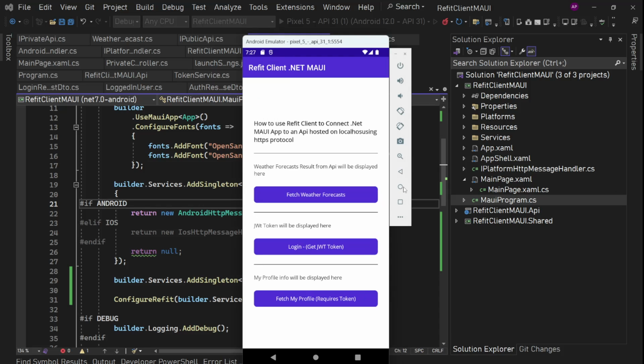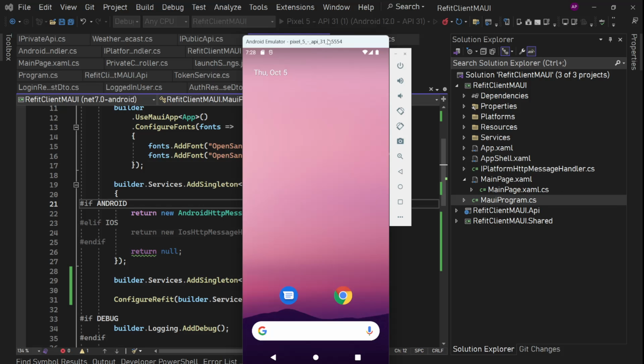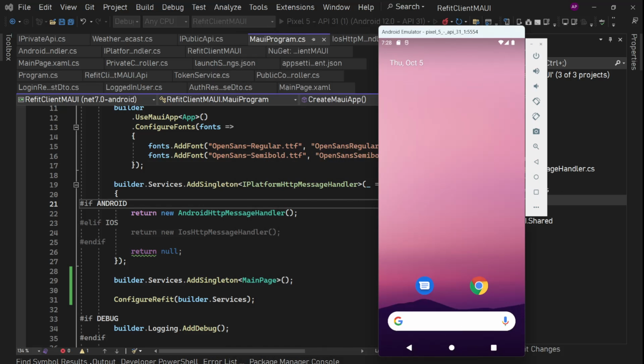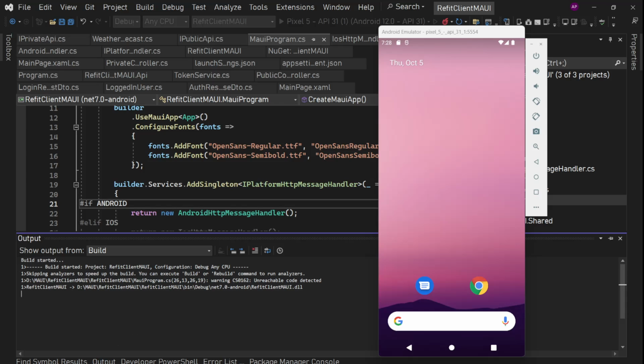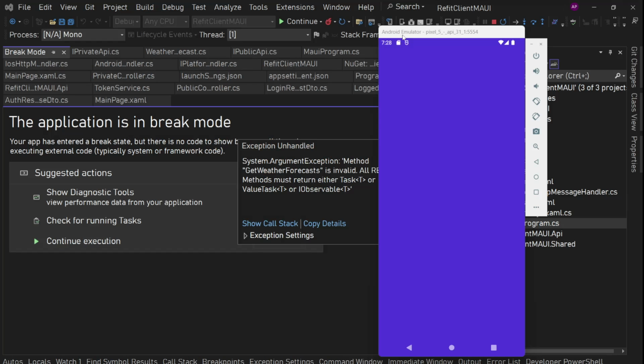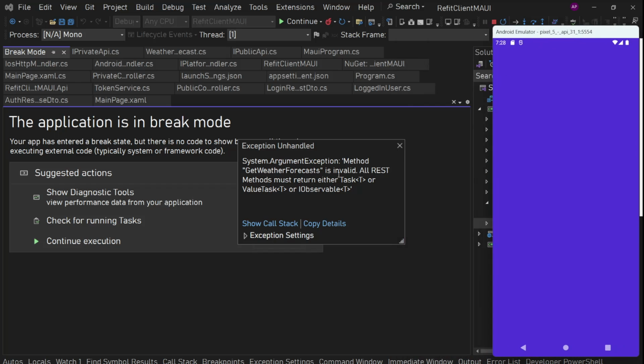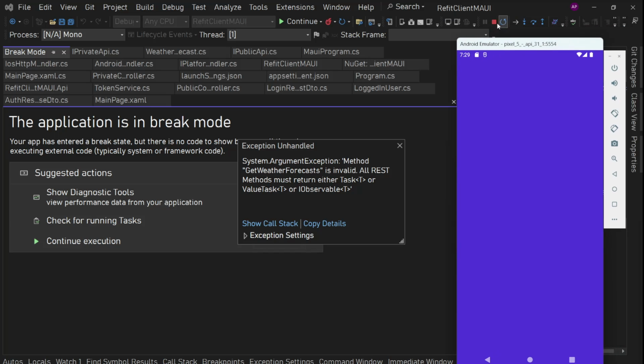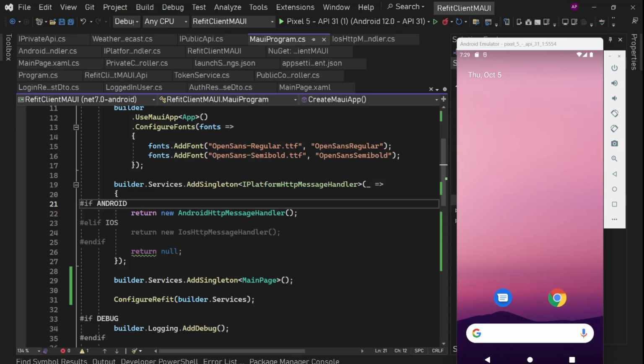This is the previous one. Let's go to home and let it build. Okay, and we have some issue, and that is saying argument exception method get weather forecast is invalid. All rest methods must return either Task of T or ValueTask of T or IObservable. So this is fine. The problem is we are using direct